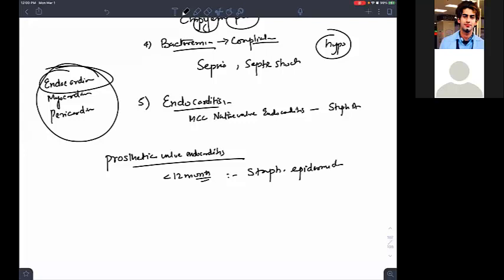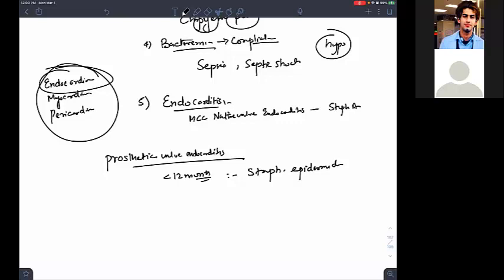Now, this is known as early. What will this condition be called? Early prosthetic valve endocarditis. What is early prosthetic valve endocarditis? If prosthetic valve endocarditis is happening in less than 12 months, we say it is Staph epidermidis, isn't it? But if we have a late prosthetic valve endocarditis, that is greater than 12 months, we say it